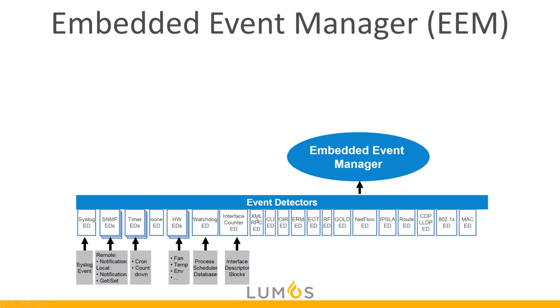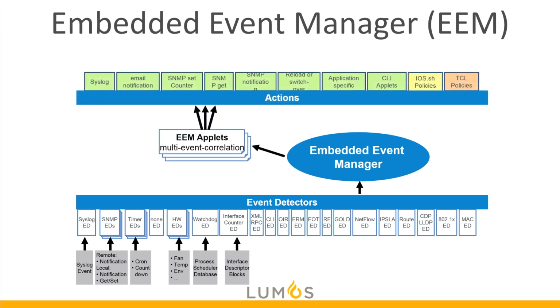We have various XML remote procedure calls that can trip or trigger event detectors, CLI event detectors, OIR, ERM. Really, there's so many things. NetFlow, IP SLA, routes, CDP or LLDP neighbor adjacency found or lost, MAC address, 802.1X authentication. All of these can be event detectors that trigger some sort of EEM applet,